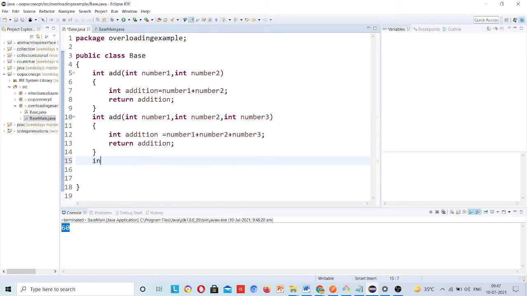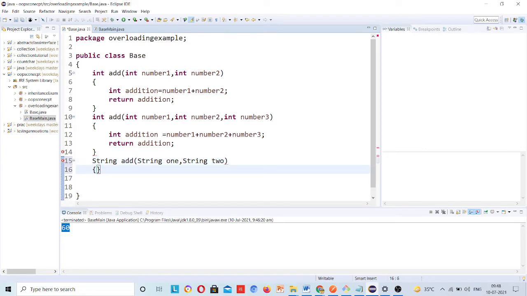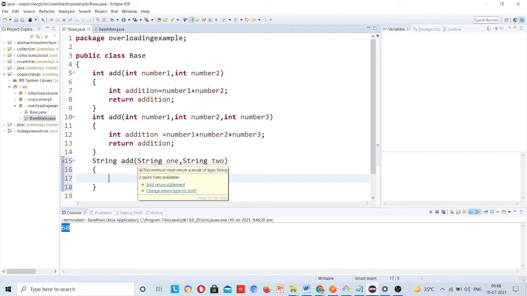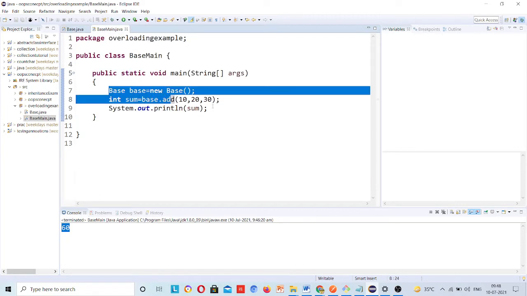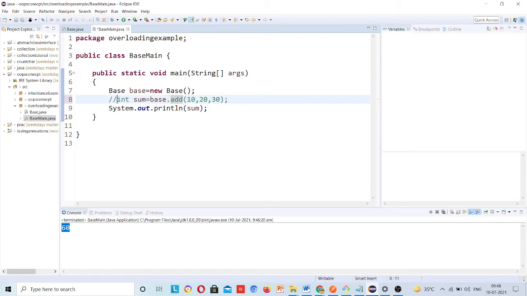Suppose I want to add, I have this method, string add, string 1 comma string 2, returning 1 plus 2. Okay. Now I will comment this line.